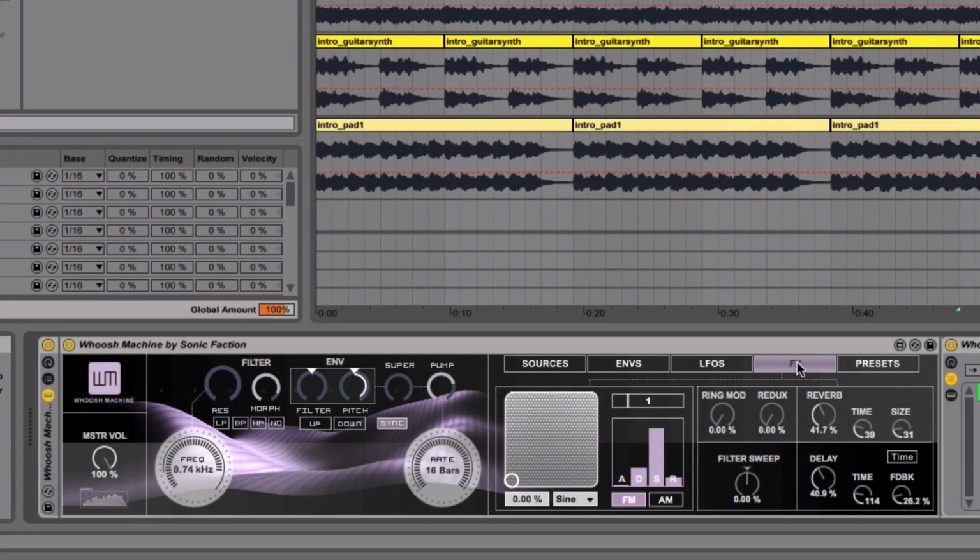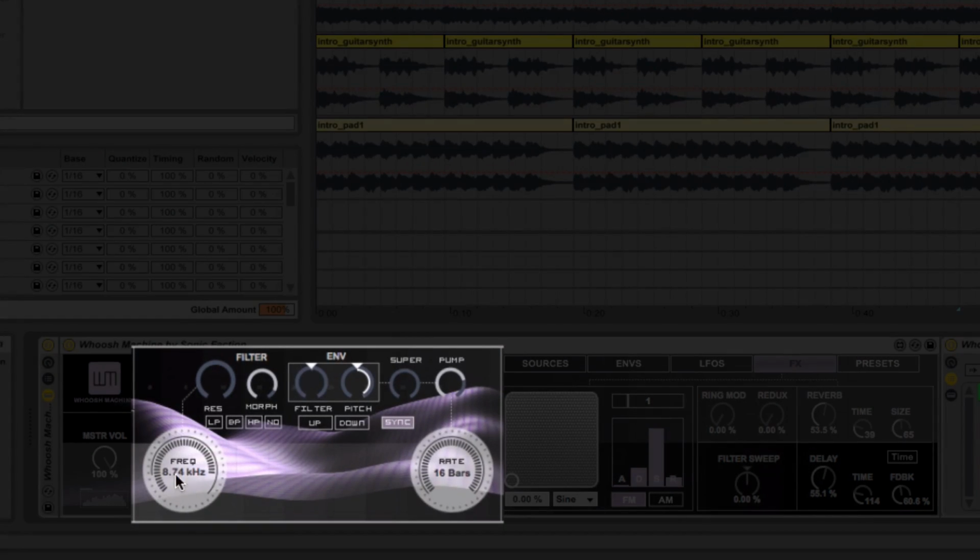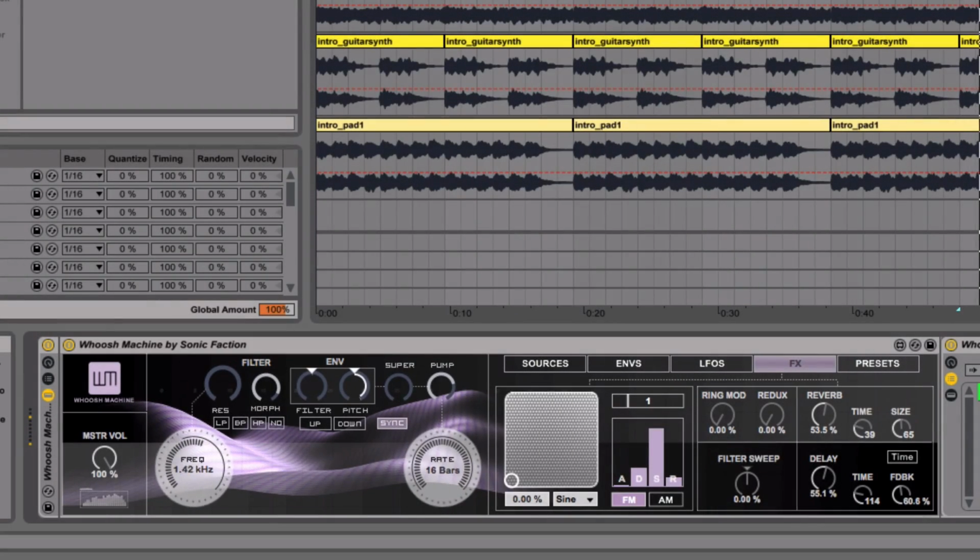We could do a bit more of a release on the effect to give it a bit more of a spacious feel. I'm going to go over to the effects section now on Whoosh Machine. And I'm going to bring in a bit more reverb into the sound, increase the size. I might push up the delay feedback as well. And push up the delay amount. So we get a nice release on the effect sound. We could also go over to the global section of Whoosh Machine, and if we want to tweak the filter frequency,